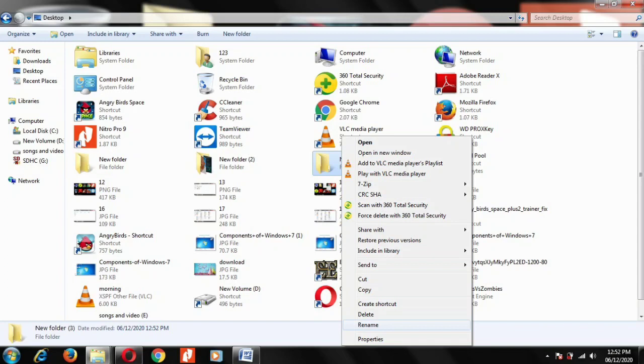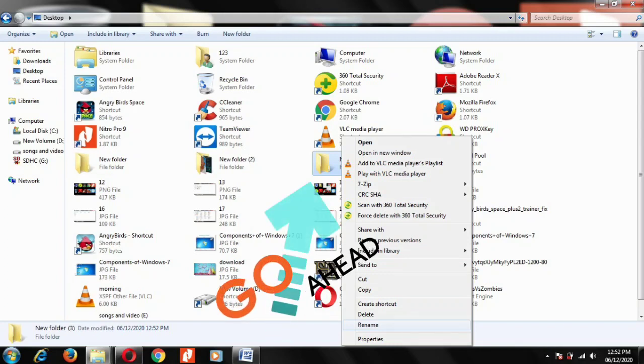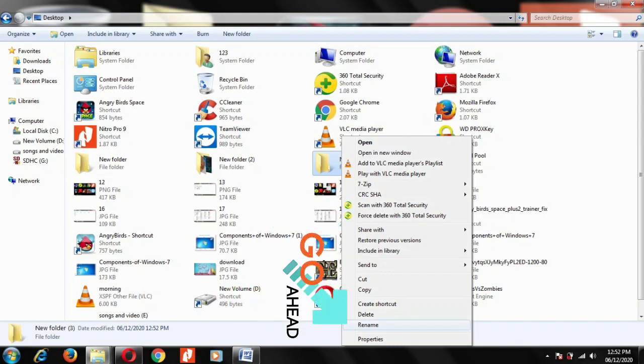As we have created a folder, we have to give it a name, otherwise it will be very difficult to find it, right? So rename means change the name of a file or a folder. So how to do it? First thing, right click on the folder, then it will be selected. Then a menu will come. In that menu you can see the Rename command. If you click on the Rename command, then we will be able to type the name for the folder. So the rename option is over.